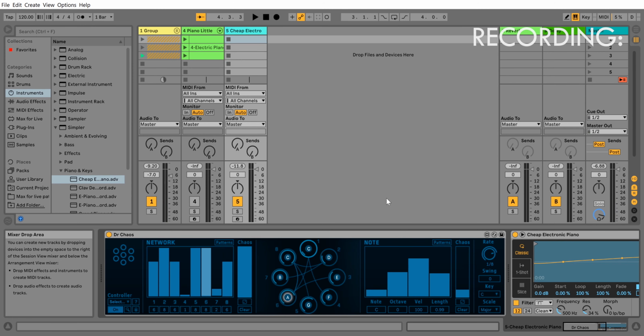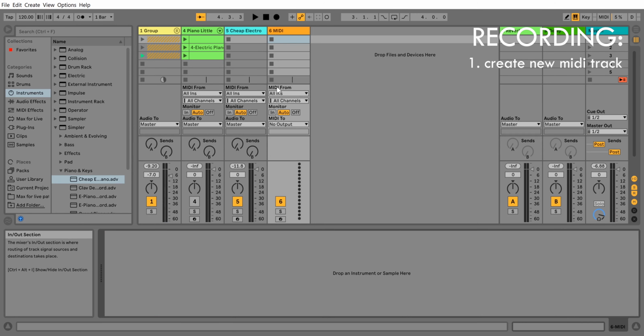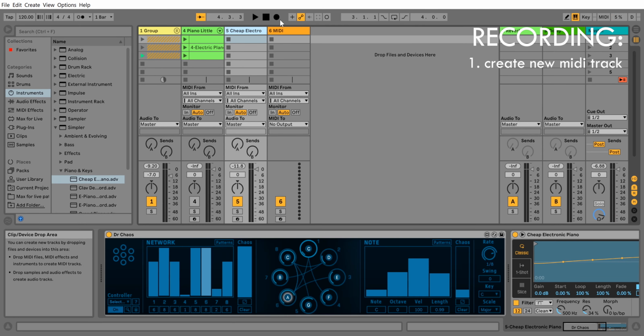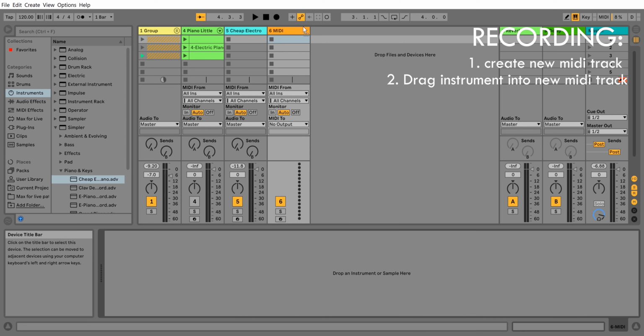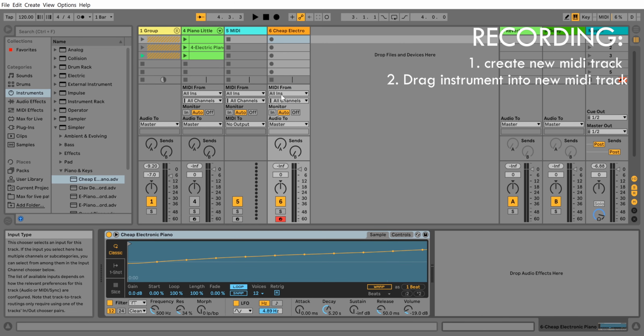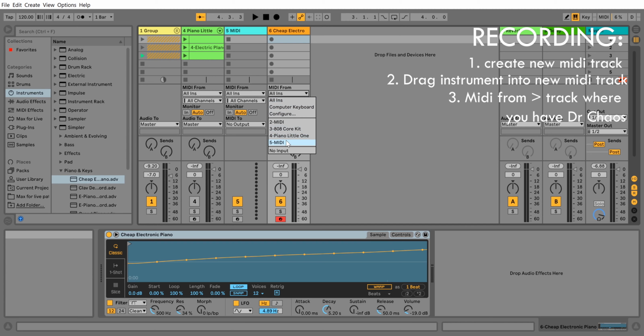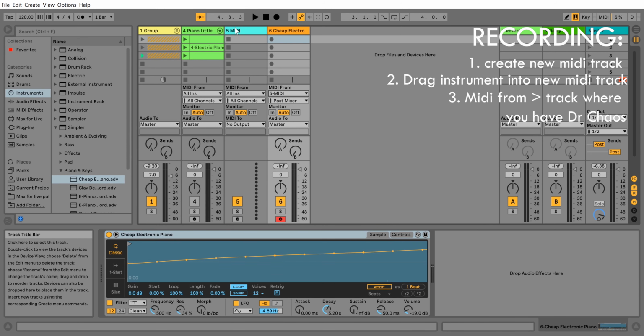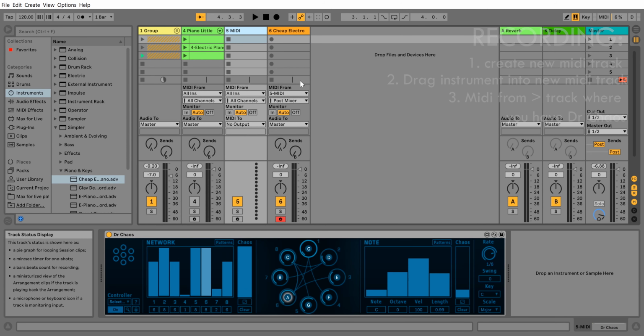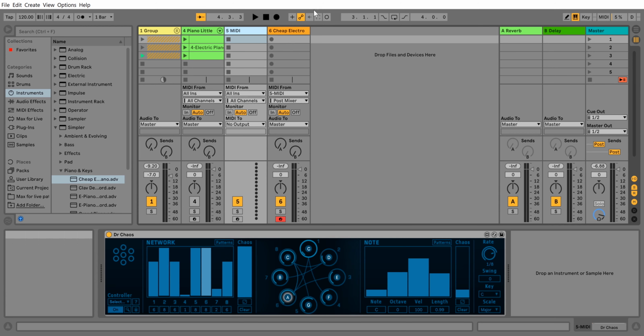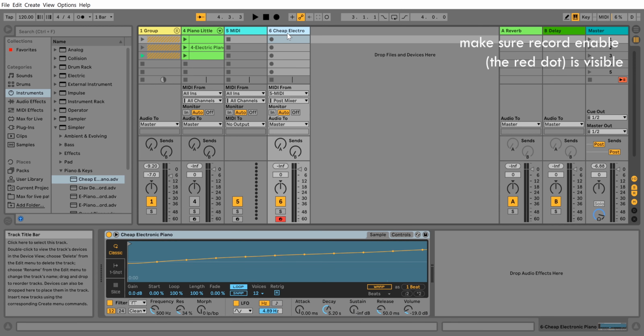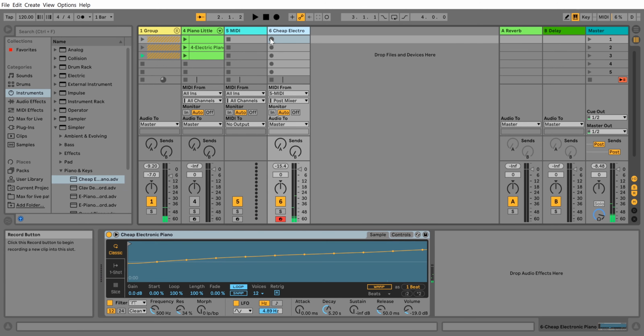To record, I'm going to create a new MIDI track. So Control-Shift-T or Command-Shift-T if you're on Mac, and then drag your instrument into the new MIDI track, and then MIDI from, and you want 5, or in this case 5, which is the track where I have Dr. Chaos. So now the MIDI information from track 5 in this case is being sent to track 6, and here in track 6 we can record the sound. So if I want to record,